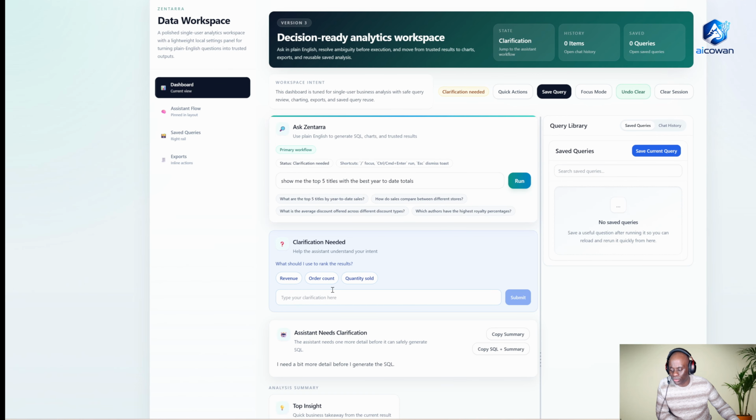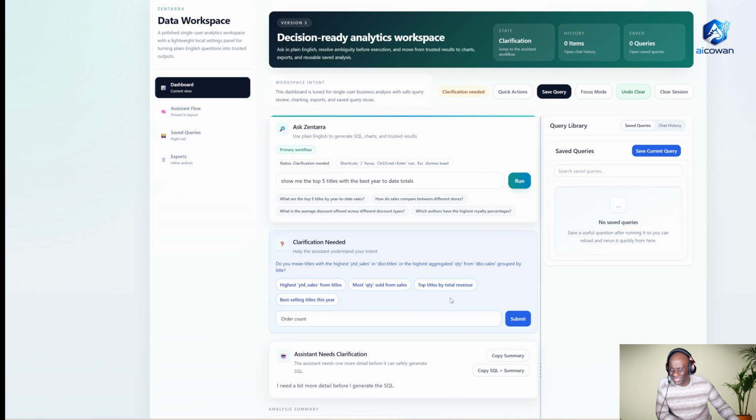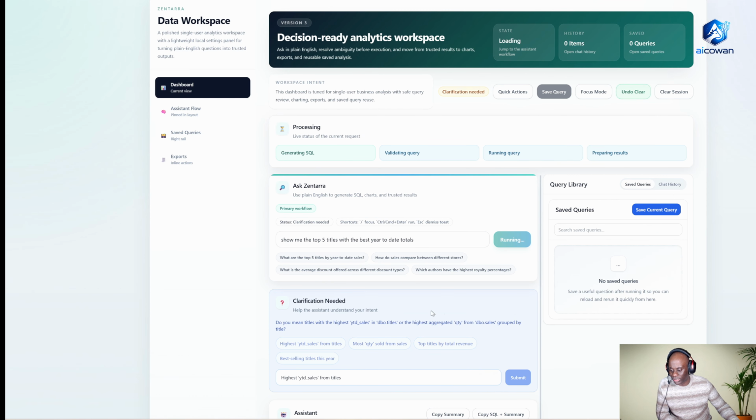So if I press order count and press submit, it's going to think I still don't know what you want. In the table I've got all these different values, and I found a column called YTD_sales from titles. Is that what you mean? Because there isn't a column called year to date. So if I click on YTD_sales and press submit, it's going to go away and think,